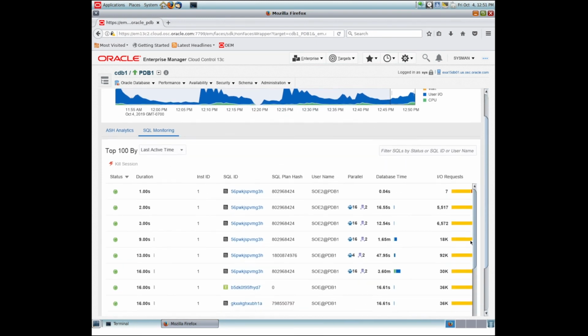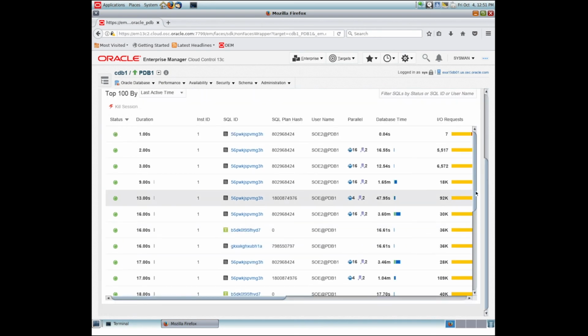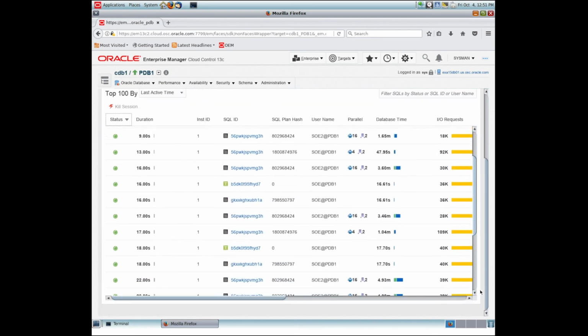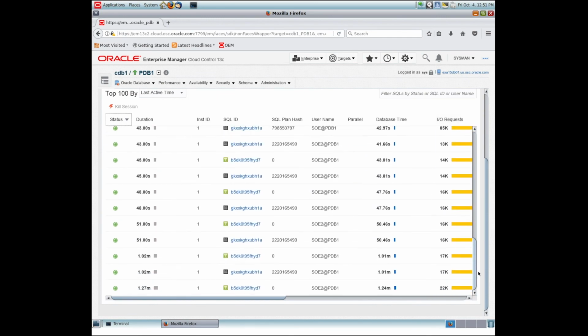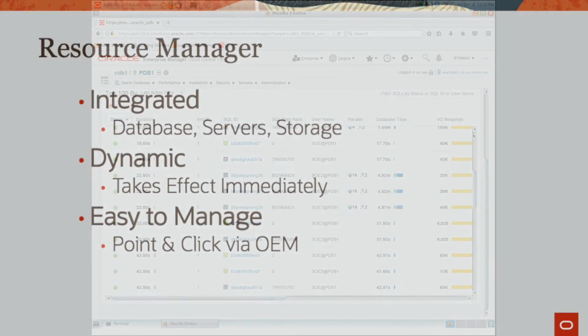Of course, SQL Monitor is one of our primary tools for looking at SQL performance, including executing and queued SQL. Resource Manager is integrated across the full stack. Changes are fully dynamic, and it's easy to manage, including point and click via